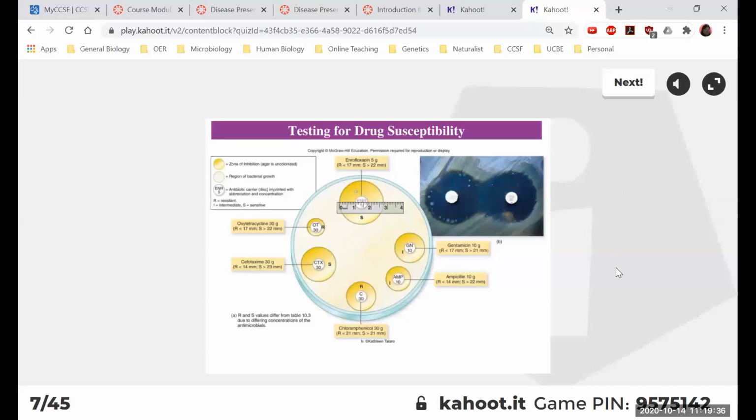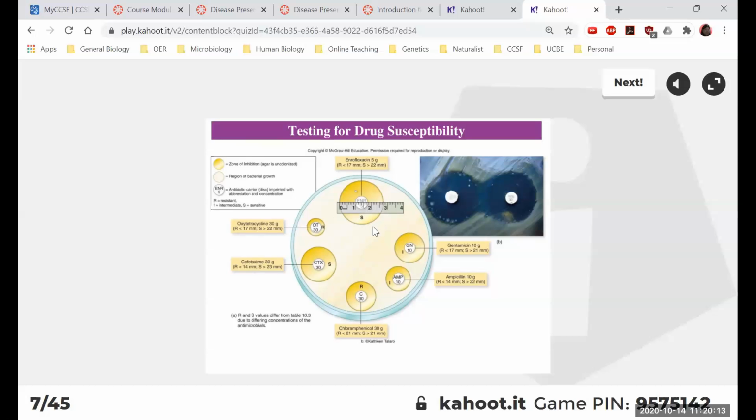So for testing susceptibility, a standard method is Kirby-Bauer. Basically, if you were doing this in the lab, which we do when we meet face-to-face, you take a plate and smear bacteria on the plate. So let's say this is E. coli. You create a smear, a bacterial lawn that contains E. coli. And then you put these discs that contain different antibiotics on top of the bacterial lawn. And then you incubate the plate and let the bacteria grow.